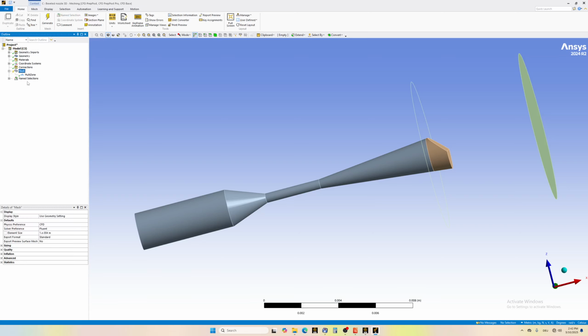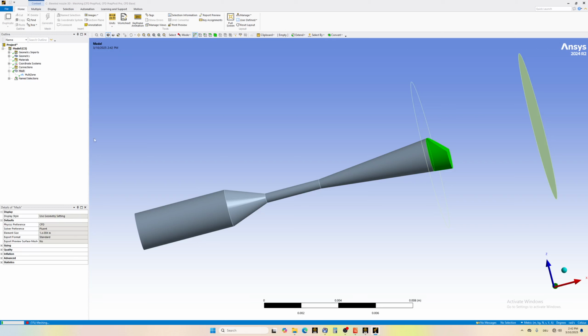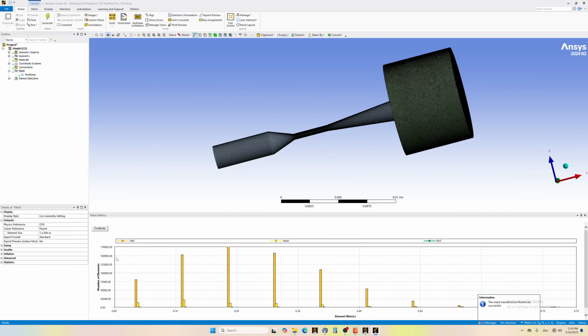And now when you click on mesh again, if you press update, it's trying to mesh, and most probably it will fail. And also it will fail because I didn't choose the entire